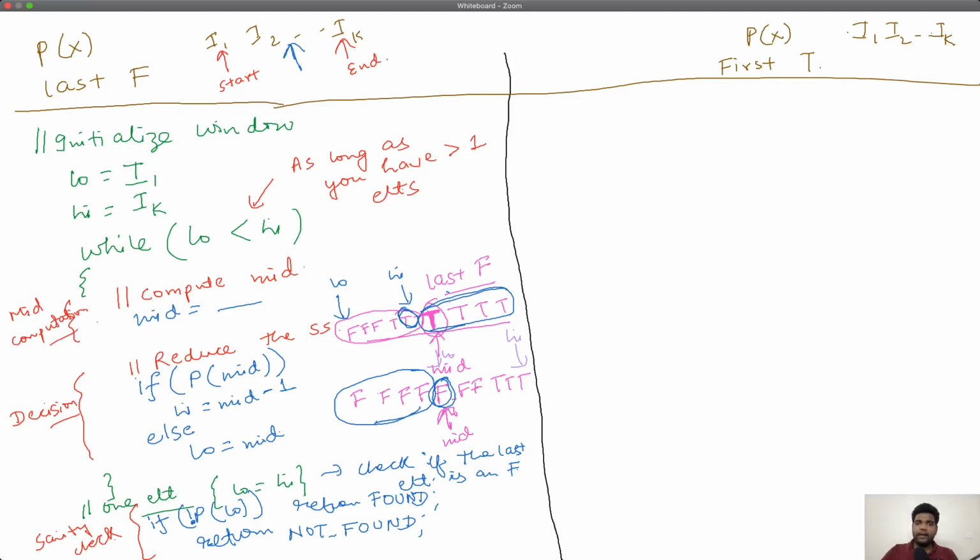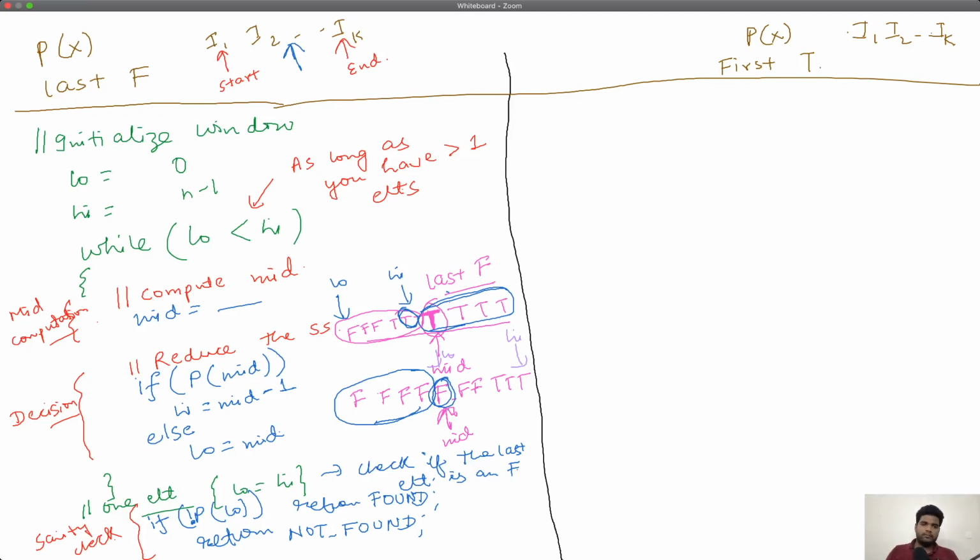There's one error here. Because I'm doing mid minus 1, you can initialize these to be the indexes. So you can initialize this to 0 and this to n minus 1. But you understand the idea. The idea is that low is nothing but the first element and high is nothing but the last element. So if you have the numbers in an array, you can use the indexes, and you know array of i will give you that number. And the mid computation also becomes easier if you are having indexes.